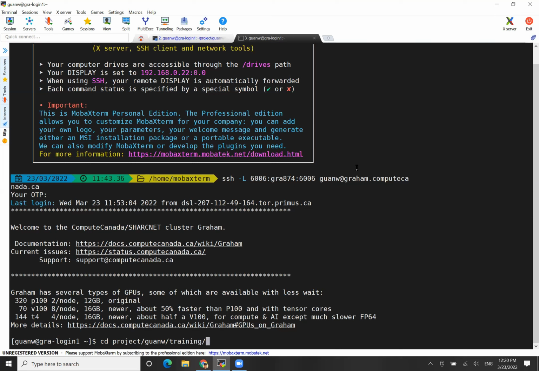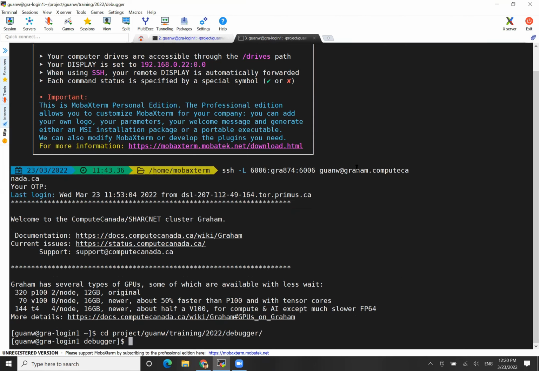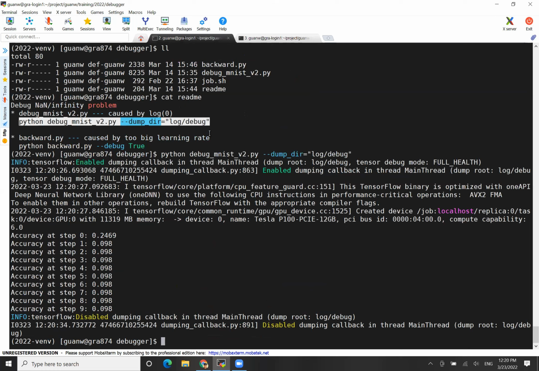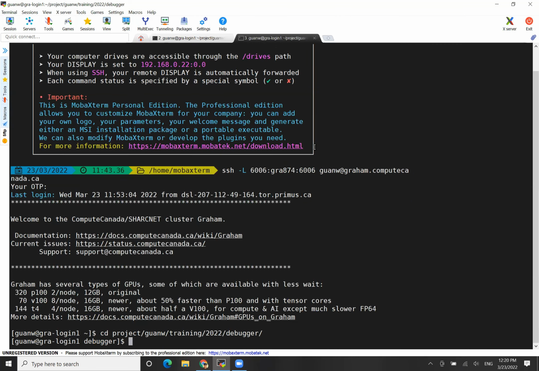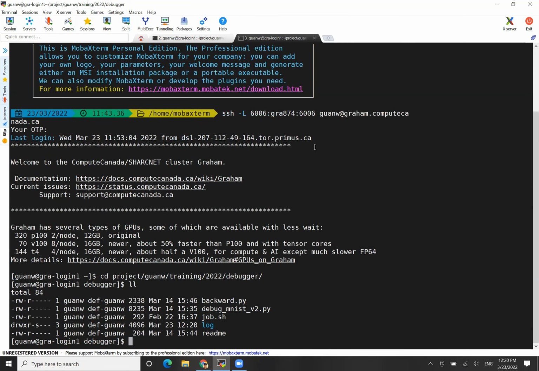Let's go to debug. I'm not sure if it's finished or not. Okay, it's finished. But still, I want to show the code on this tab. So it's debug